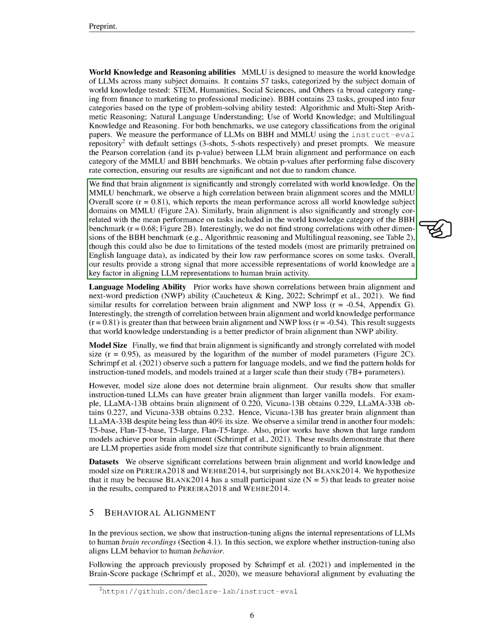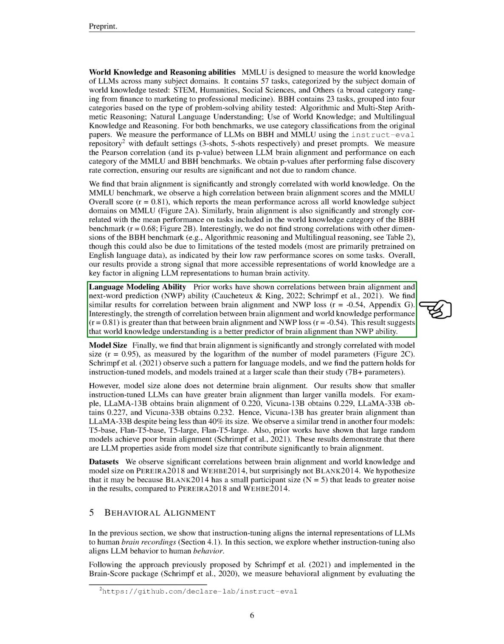language data. We also looked at the correlation between brain alignment and language modeling ability, specifically next word prediction. We found that while there was a correlation, it was not as strong as the correlation between brain alignment and world knowledge performance. This suggests that understanding world knowledge is a better predictor of brain alignment than next word prediction